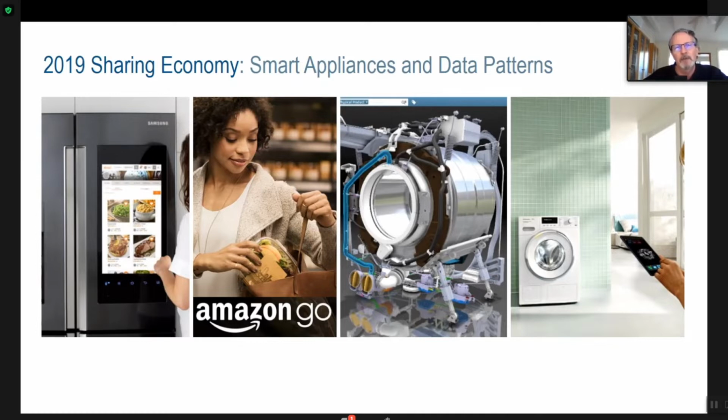This is a customer of ours, Miele, that does washing machines. They do steam cleaning and washing and drying built into a single unit. And they too have an app interface to them. But the data is going back and forth to the factory as the machine's being used. So they understand when certain maintenance has to happen. They understand preferences. They begin to redesign the product over time based on users' behavior. An appliance capturing preferences and knowledge is like what we talked about with Google, that the data associated with the appliance or asset is more valuable than the asset itself.